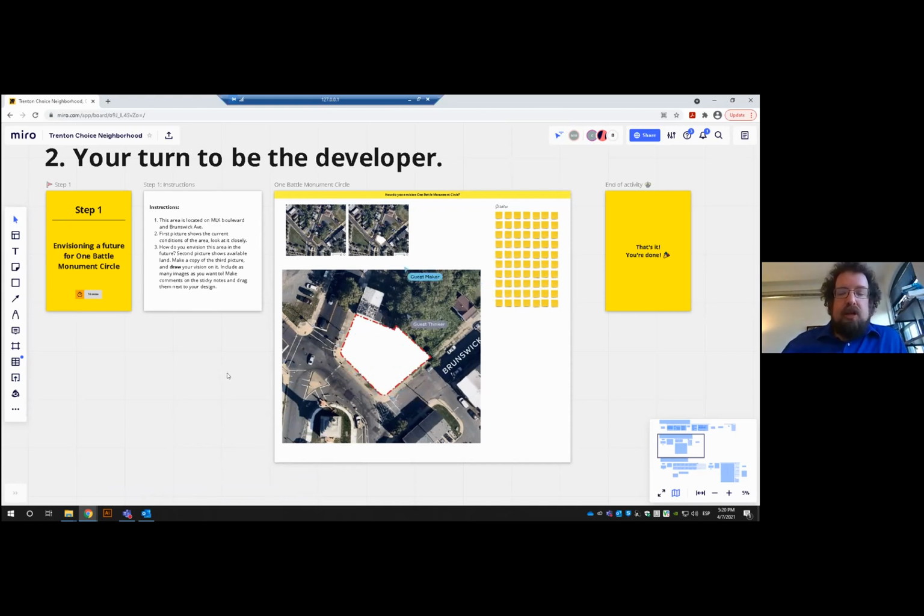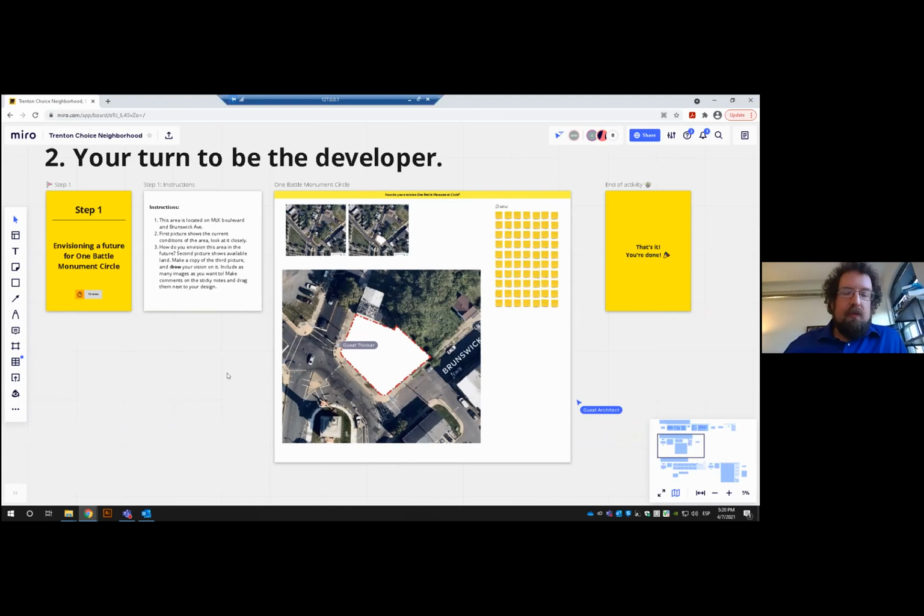So we wanted to get your thoughts on this. Now, I'm not going to promise that what you write in today is exactly how it gets developed over time. Can't promise that. But this is an exercise about you looking at this from the point of view of a developer, thinking about what you would want to build in this area, what you think might get through council or our planning board or zoning board, what you think might be a good thing to put in this area.